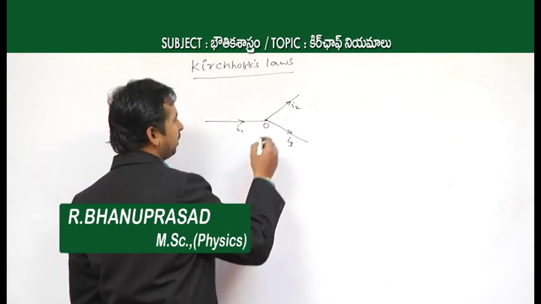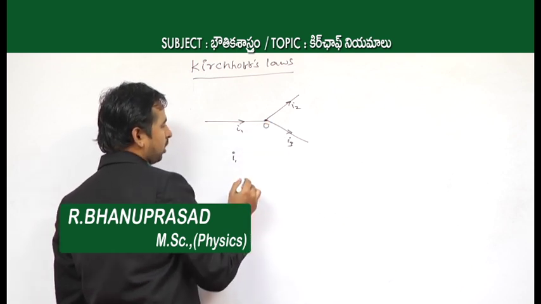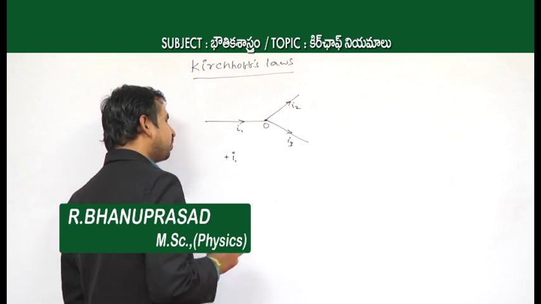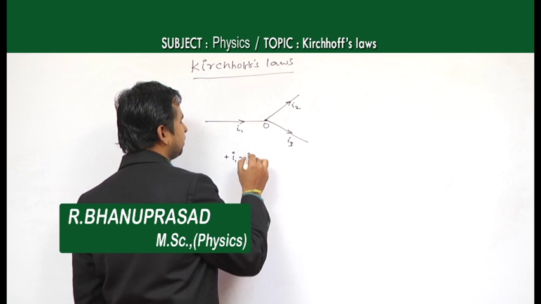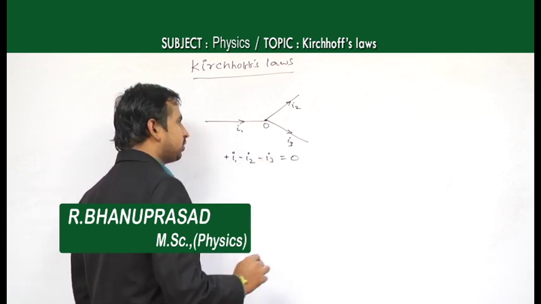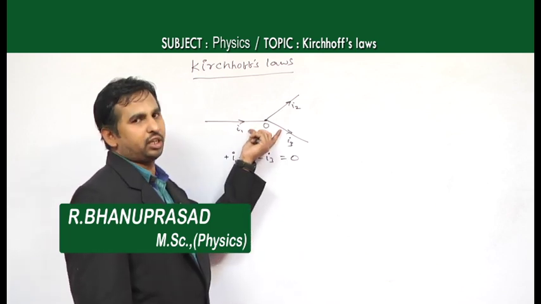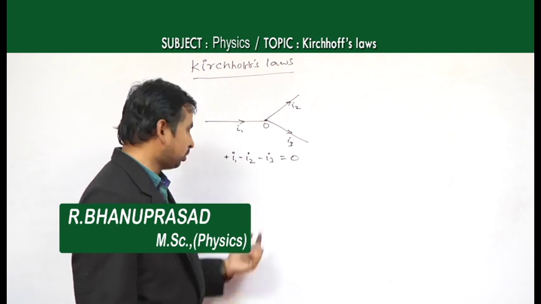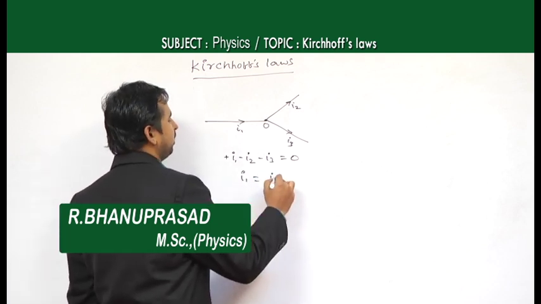For example, in this case, I1 is coming towards the junction point O, so I take that as positive, and I2 and I3 are leaving, so I take them as minus I2 and minus I3. Then according to this statement, the algebraic sum of the currents at the junction point is equal to 0, or from this you can write I1 is equal to, bringing I2 and I3 to this side,